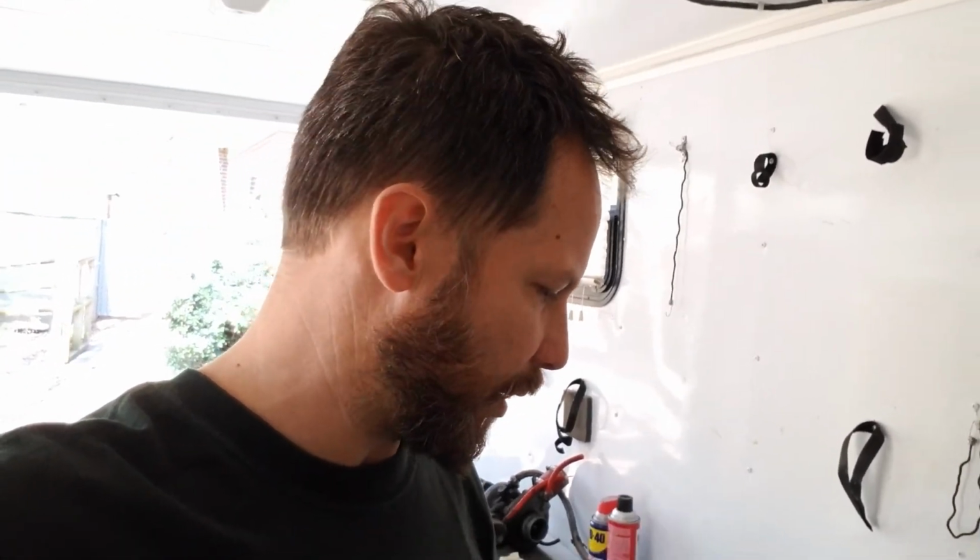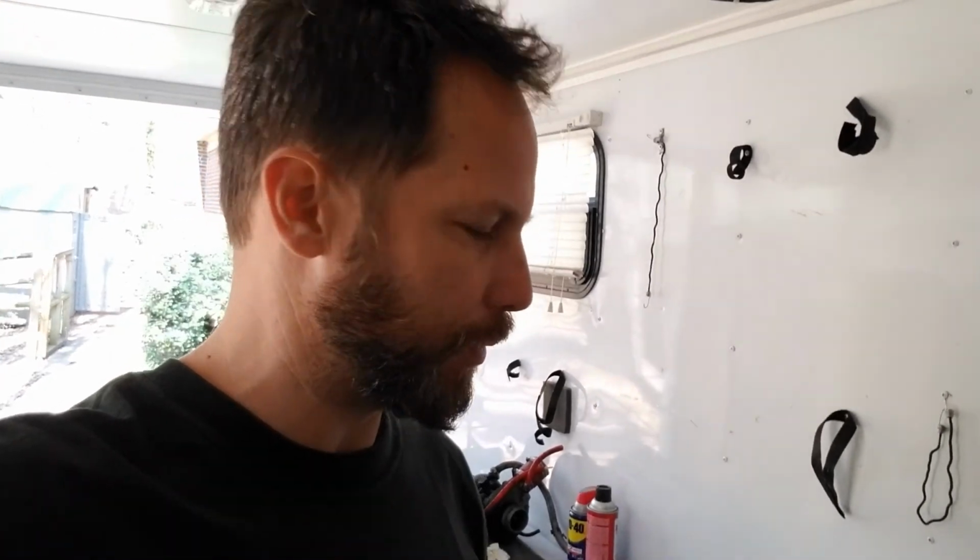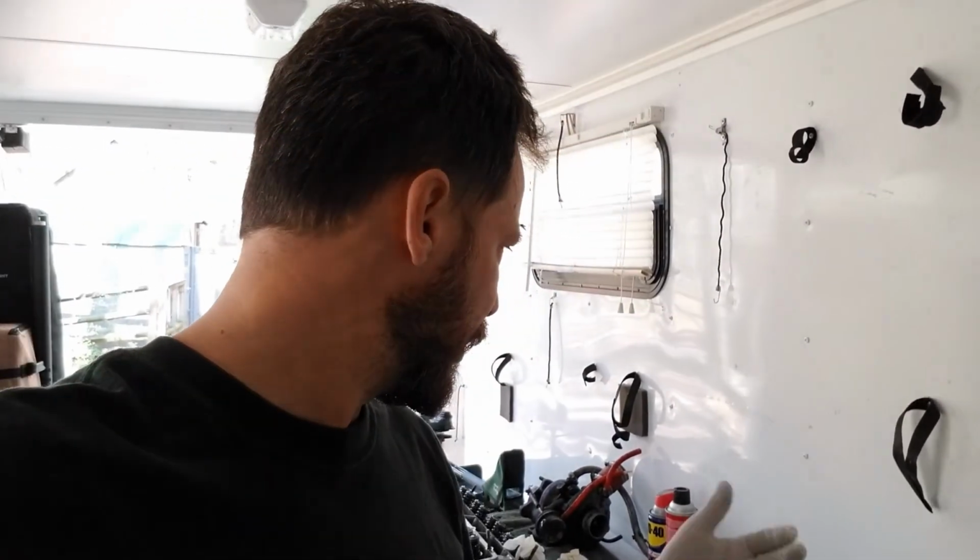So yes, I'm using gloves finally. I should have been using them the whole time, but they tear so easy and get in the way when working on sharp objects, and they interfere with manipulating tools and stuff. But these are great for that because I'll be using brake clean and WD-40 on this stuff. So I want to keep my hand